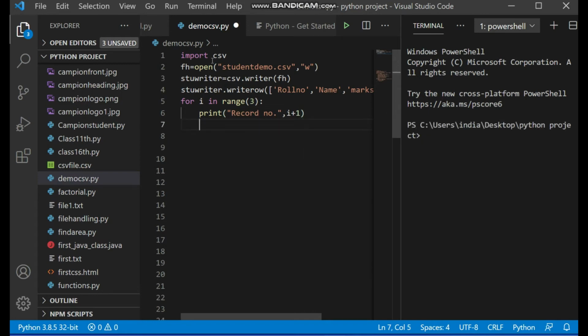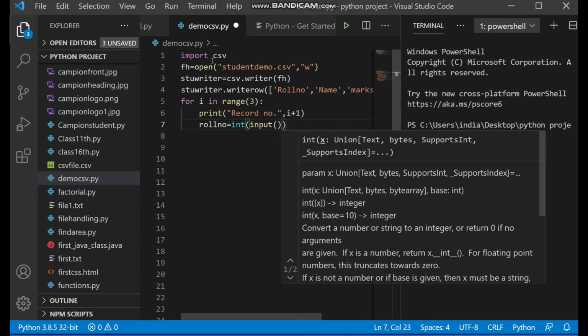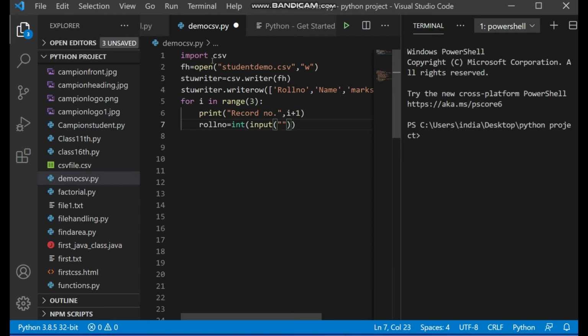The next statement is asking the user to give the inputs in the variables, because we have to write roll number, name and marks, which we need to take from the user. So with the input function, in double quotes, enter roll number. Let's copy this. Then next we want name, so name is equal to, and I will paste it where I don't need the int.